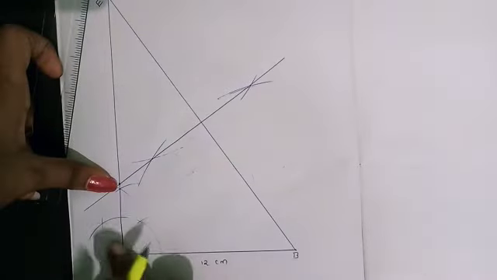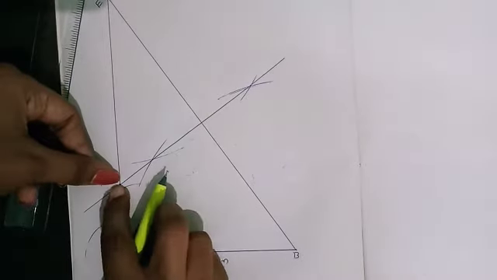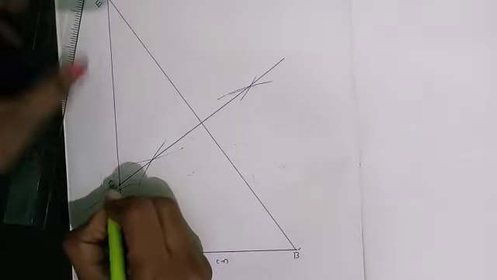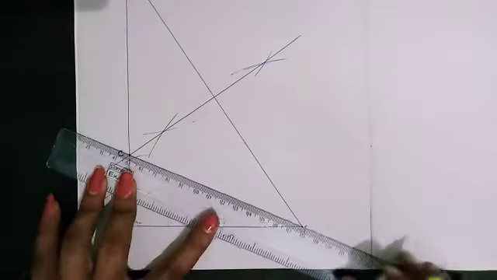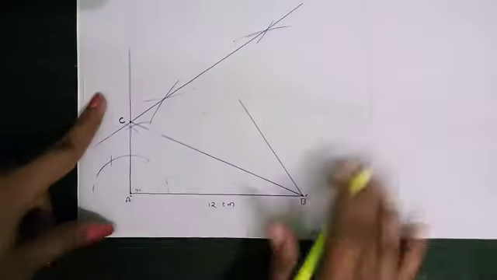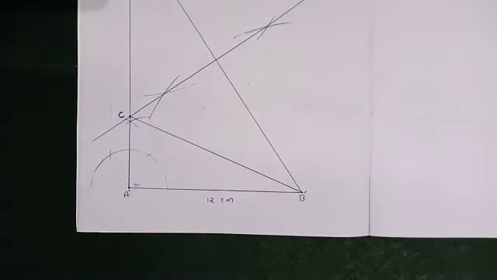Why do we need this one? Because this is our measured line. There we got a new point, which is our C point, with AB as our base. Then you have to join your B and C. Whatever triangle you got now, that is your triangle ABC. So this completes your 6.2 exercise, even the construction units.